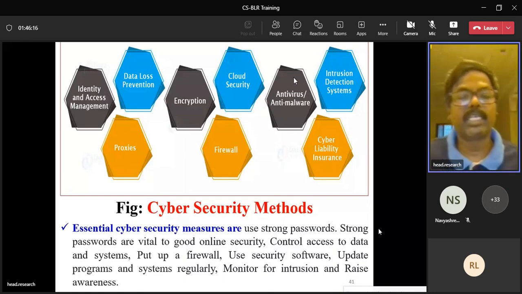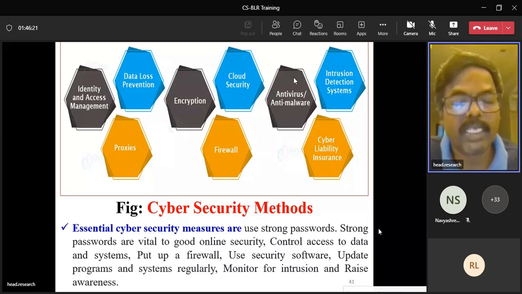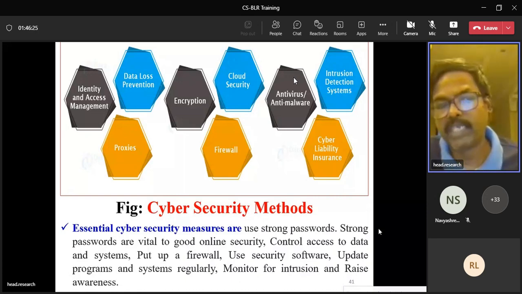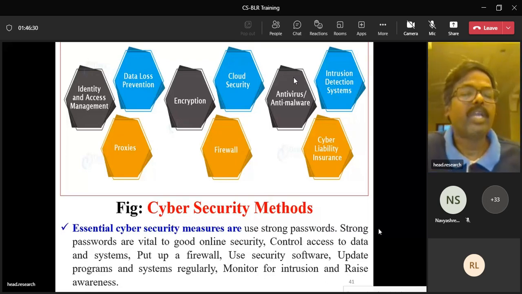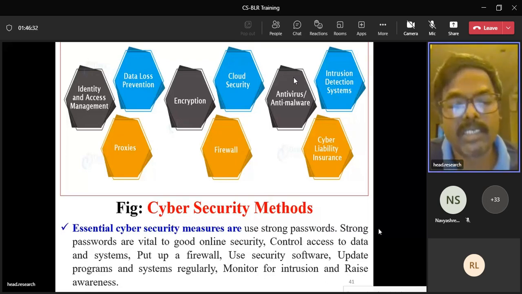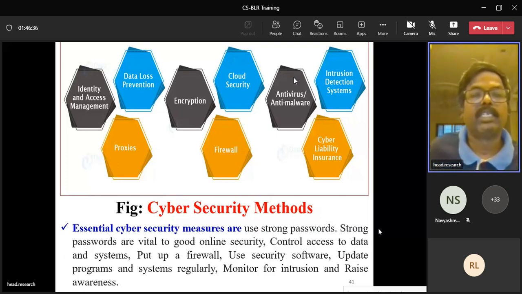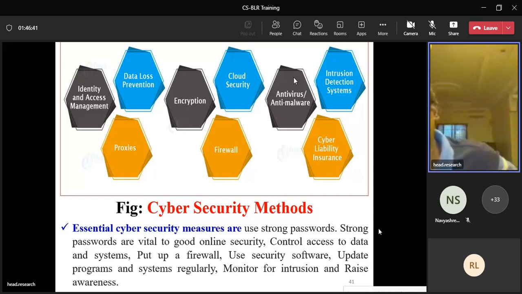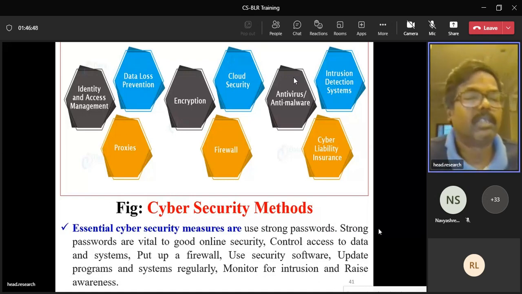You can see in the diagram identity and access management. Once you are a valid, authorized person, we are identifying and doing access management. Proxies: we are using firewalls and proxies in order to protect against unwanted websites and unauthorized access. Data loss prevention, encryption. Encryption is a process of mathematical conversion from one form to another form. Firewall is a software. It protects